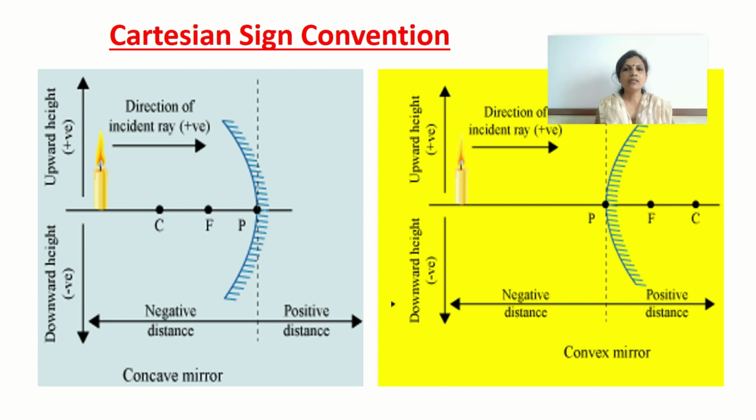Now have a look at this. These are the sign conventions for convex mirror. Object distance will be negative because the object is always in front of the reflecting surface. But as I showed you, the images are formed behind the mirror, so image distance is positive and height of the image is also positive in case of convex mirror. Alright, I hope the doubt is clear now. You have to compare this with the rules of the graph which you use.